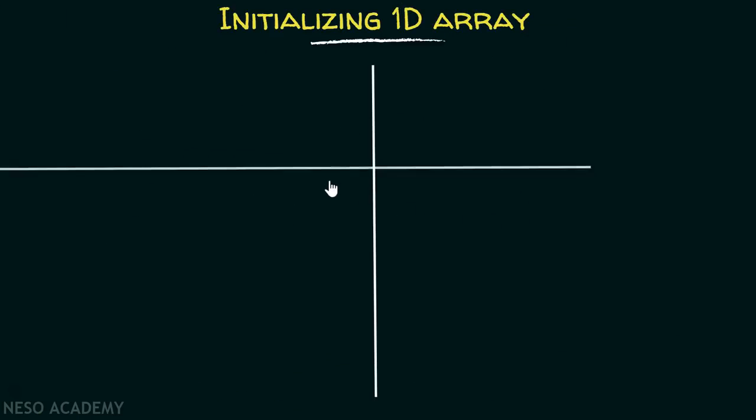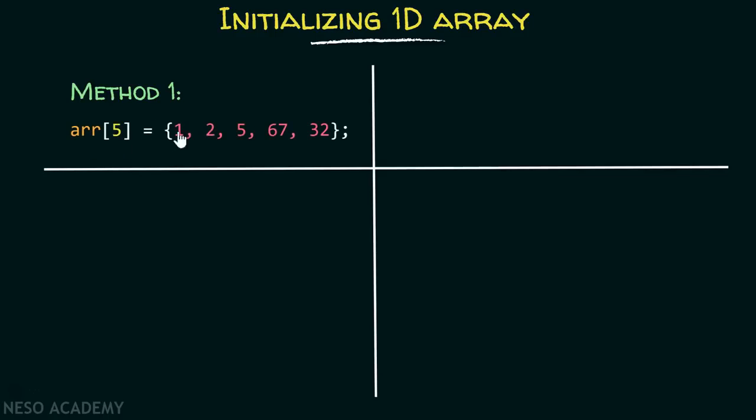There are basically four methods I am going to discuss with you in order to initialize one-dimensional array. And here is method number 1. This is the way you can initialize one-dimensional array. Here there is no need to specify the data type if this array is already declared somewhere else. If this array is not declared before, then you have to specify the data type. Also, the length I have specified over here is 5. Therefore, it can accept maximum 5 elements, and here are those 5 elements. These elements are comma separated, and you have to enter these elements inside these flower brackets.